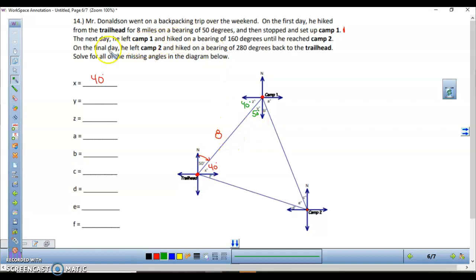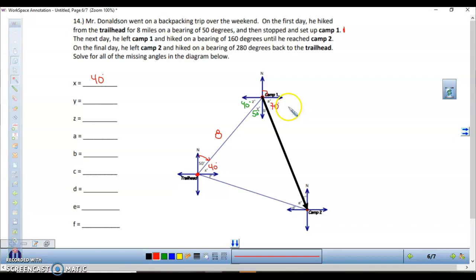All right. So the next day, I left Camp 1, so I put a little compass rose here at Camp 1, and I go on a bearing of 160 degrees. All right, so let's take a look at what that looks like. So here's 0 degrees, and I'm going to go on a bearing of 160, so I'm going to go 0 to 90, but I want to go 160, which is this. So this is the path I'm going to take out on this next day. So what that means is, if that is a bearing of 160 degrees, but this is 90, well, that is simply